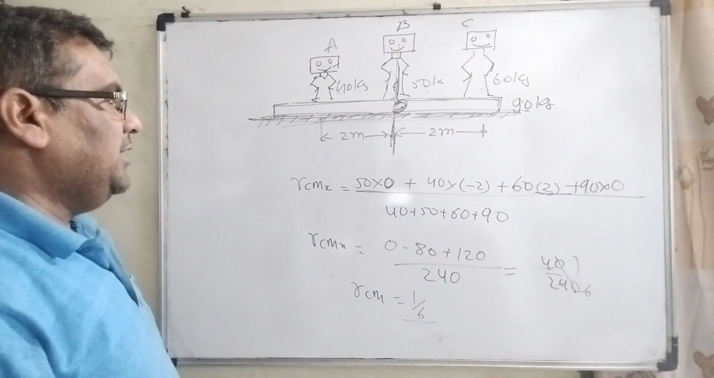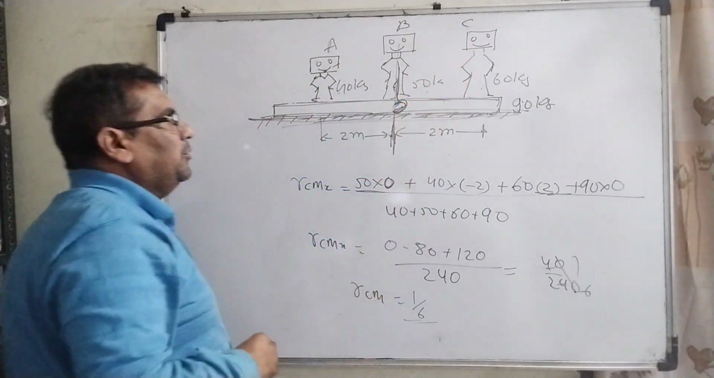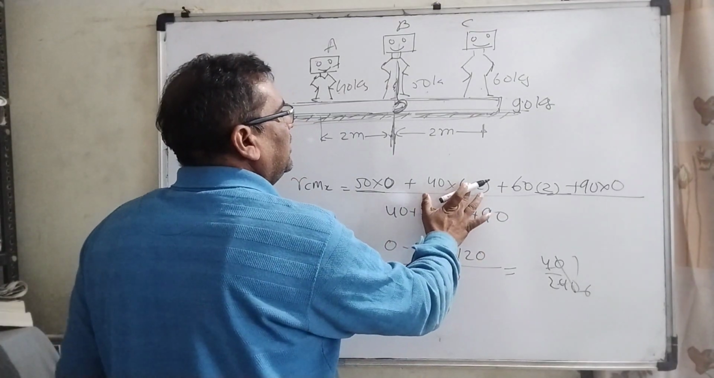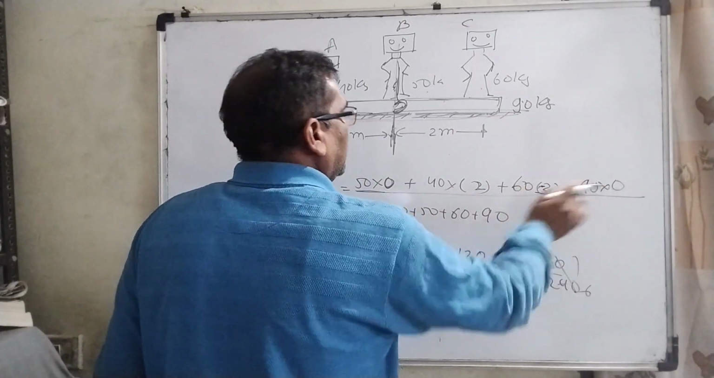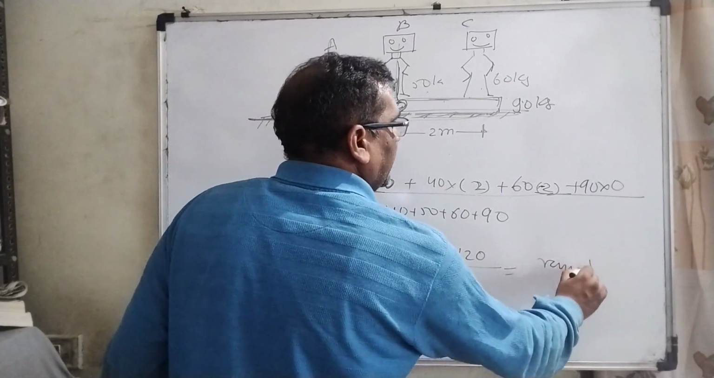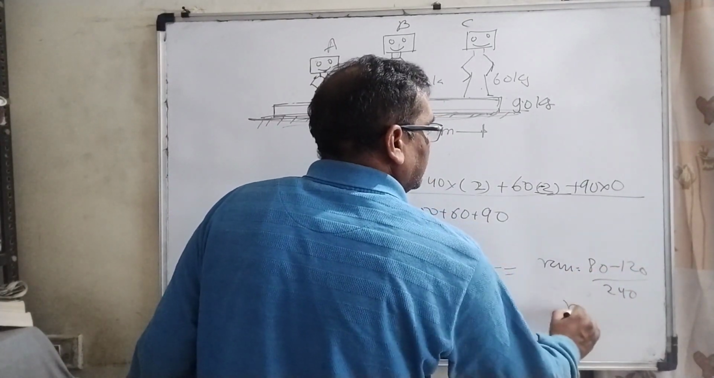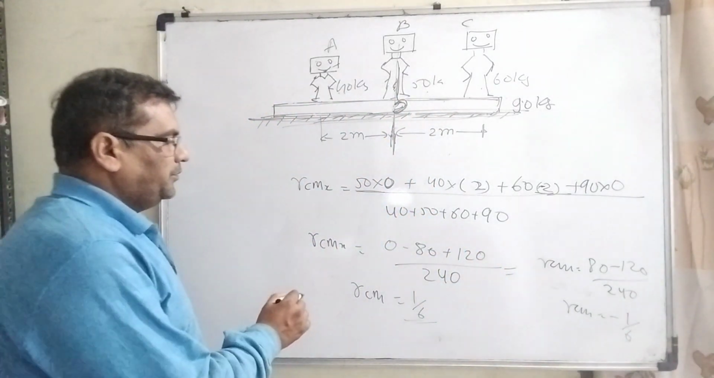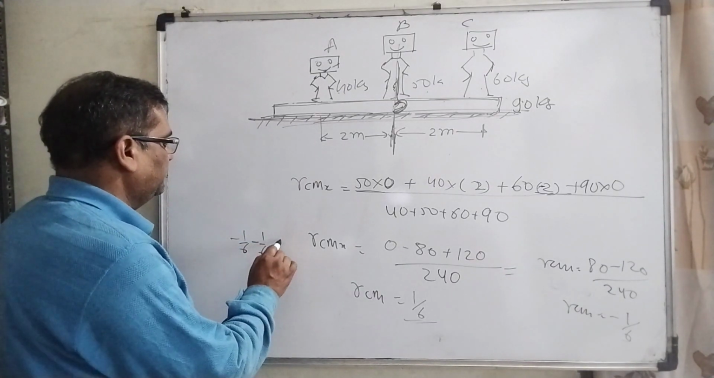Now, if we exchange, meaning this person comes to the place of A and B approaches C, what will happen? All these things remain the same. Only here 40 goes to plus 2 and 60 goes to minus 2. All the values remain the same, so only the signs change: 80 and minus 120, then 240. The new center of mass now becomes minus 1 by 6. So the total change is 1 by 6 and minus 1 by 6, then minus